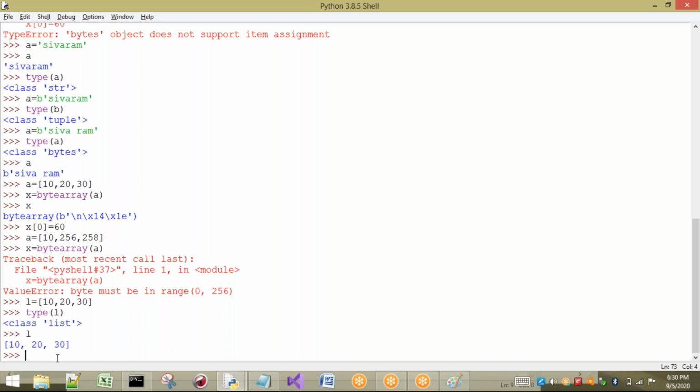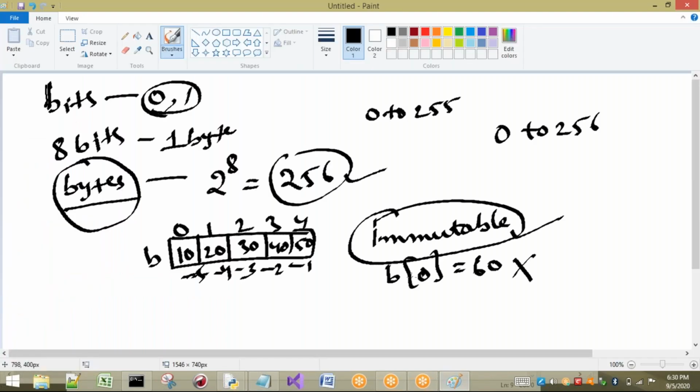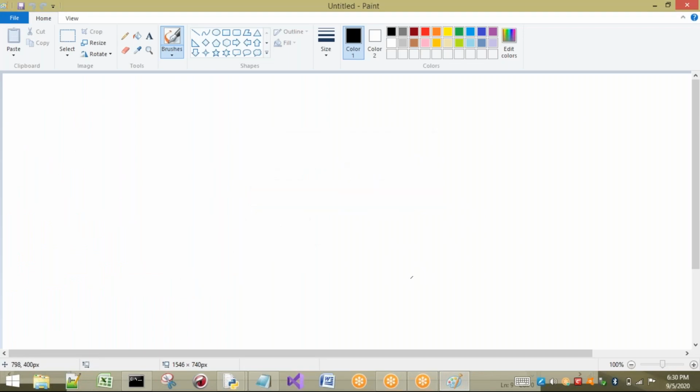Okay, right. Next point is here. If I want to store heterogeneous type of data, first one is what? The elements are inserted in order. Whatever the order you are going to give, in the same way it is going to be printed. Next, second point. First one is insertion order.